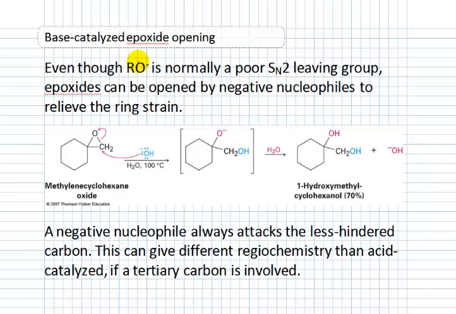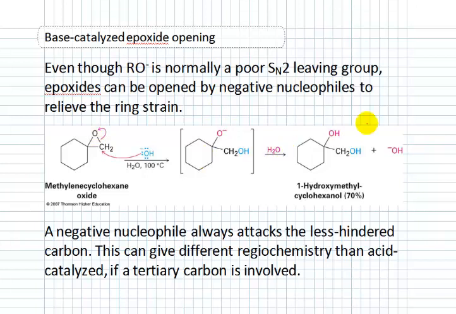It can be acid catalyzed because we have ROH as a leaving group, a neutral molecule leaving. Epoxides, however, can be opened with base or something negative like that, negative nucleophiles, because that relieves ring strain. If you take a look here at hydroxide, with this epoxide right here, the hydroxide attacks the less hindered carbon. Okay? That opens up the epoxide to give us an alkoxide, an O minus, which all we